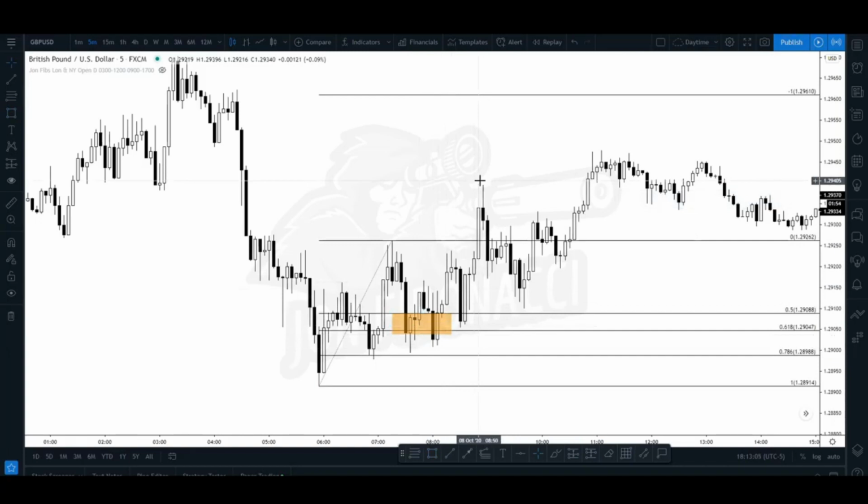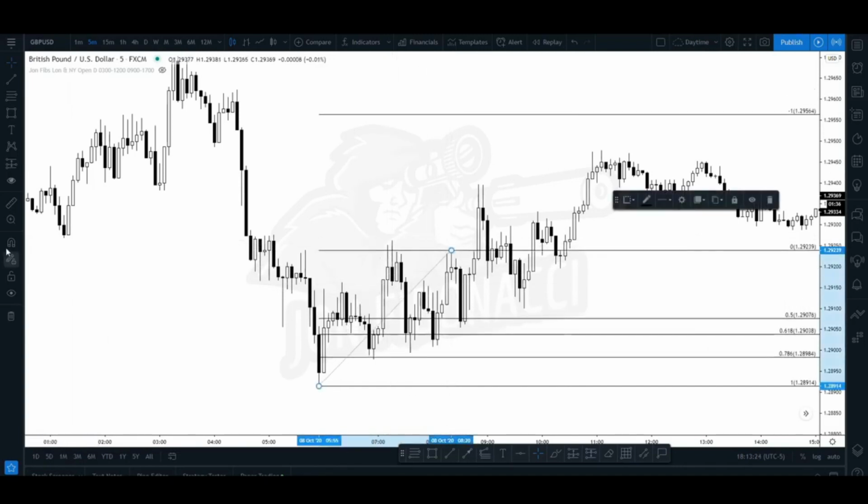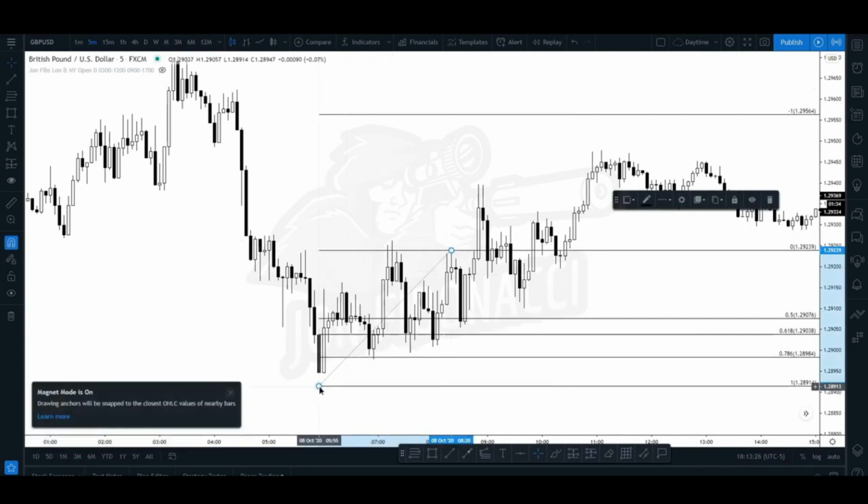So there's actually a lot of different Fibonaccis that you could have drawn here. This to me is like the bigger one. You have a high right here, and then another high here that breaks this previous high. So if you wanted to, you could draw the fib from